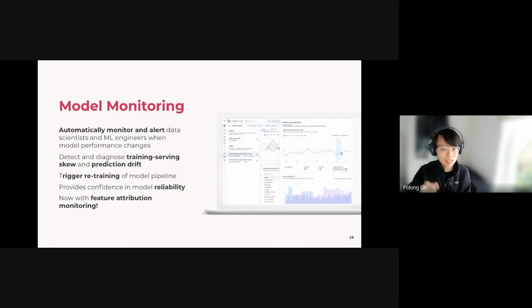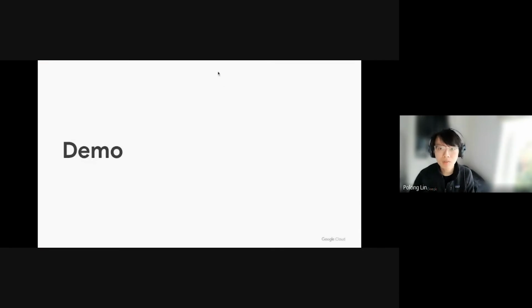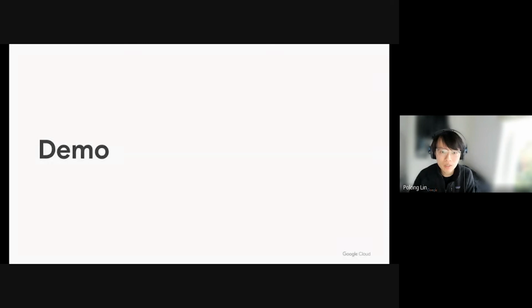So you can essentially set that up as soon as you deploy your model to an endpoint. You can check model monitoring, and it'll keep track of your model for you and keep track of the data distributions. So if anything changes, you'll be alerted by email. And this can all be set up directly from Vertex AI or through a notebook or through code. So whichever way you'd like. I want to go through a quick demo of what that looks like end to end. So I'll give you a quick demonstration here.